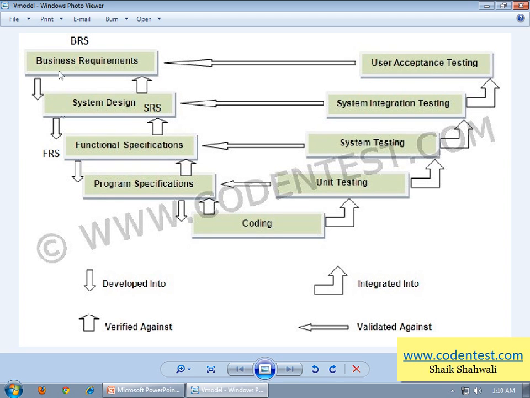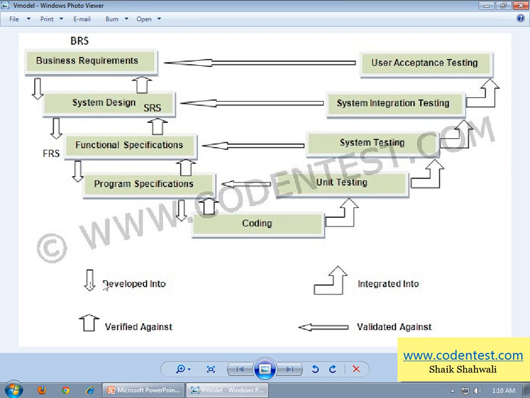As you can see from the diagram, the process flow is bent downwards. These arrows are downwards. The process flow is downwards, upwards and sideways. This arrow indicates developed into.